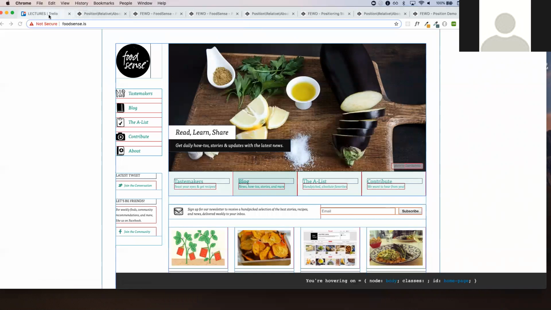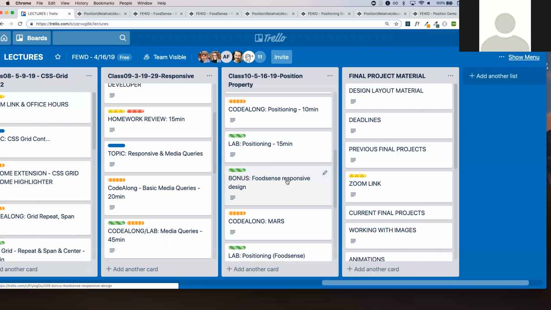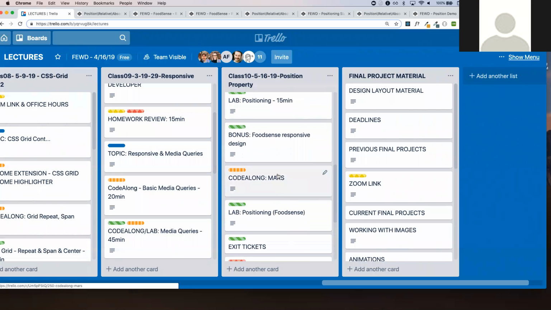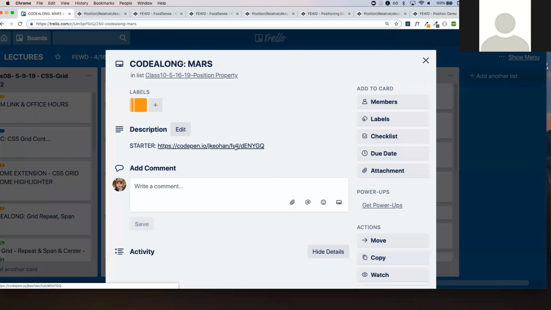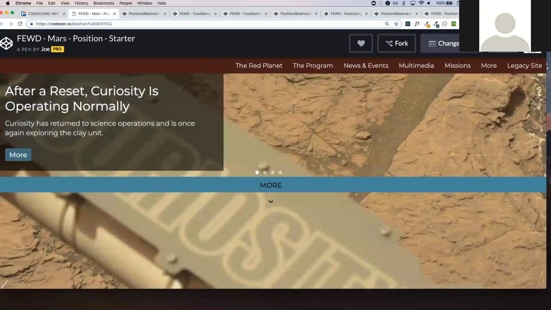All right, so let us jump to the next thing. Positioning, bonus, responsive. All right, total loan models. So let me show you. It's going to open up. All right. Let me show you what we're going to do with this thing right now. All right. So